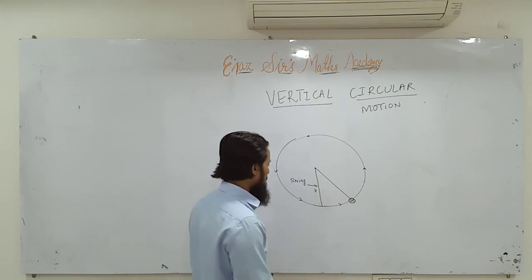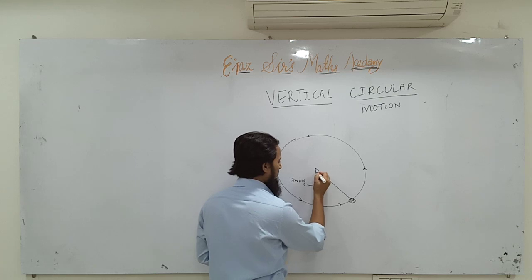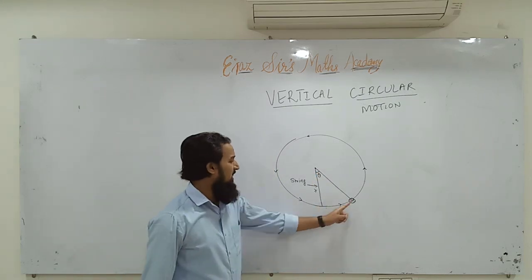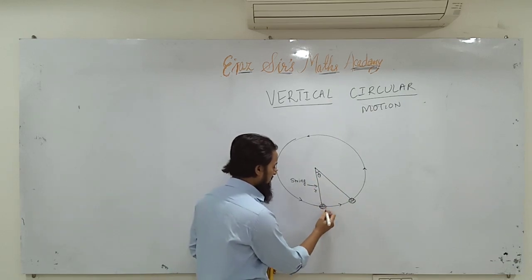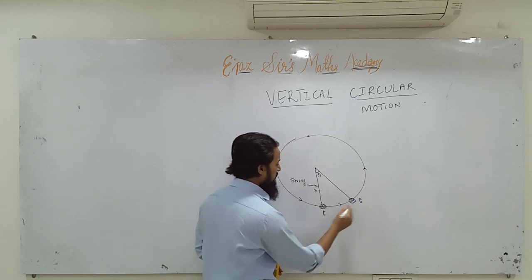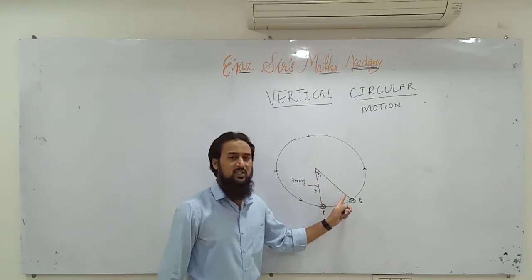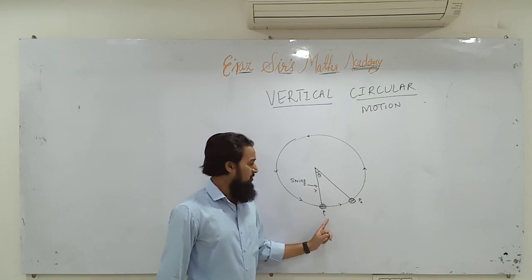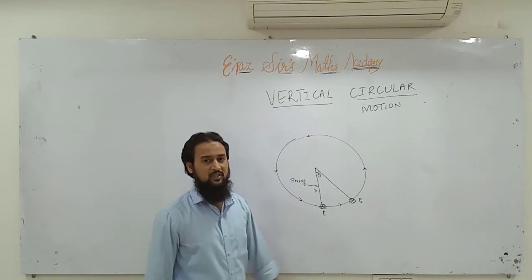In this new position the string has described an angular displacement theta. Initially the stone was here, the string was here in a vertically downward direction; this was position number 1, and this is position number 2 of the stone. Now the string has reached another direction. So the stone has moved from position 1 to position 2, and the angular displacement is theta.